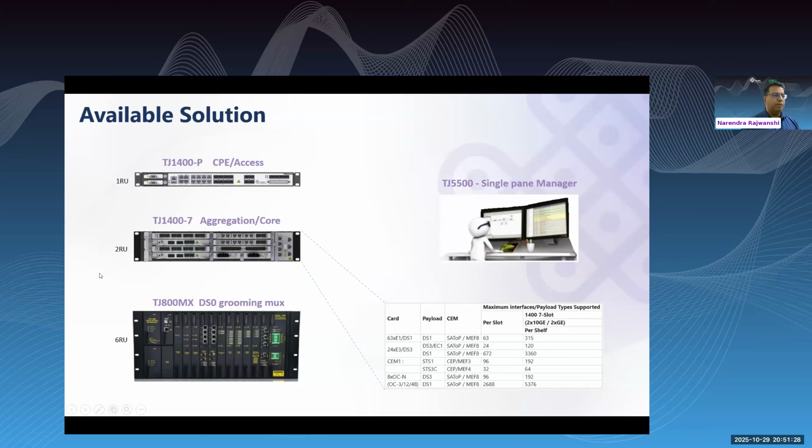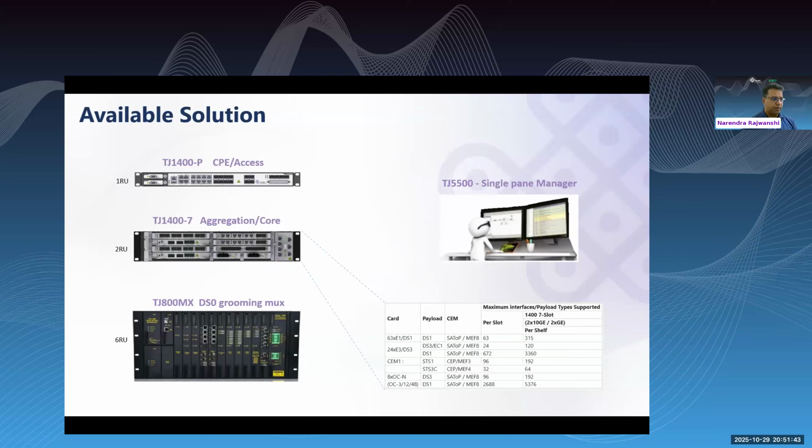Then we have the fully redundant and modular 2U chassis, the 1407, which can have much more capacity and can aggregate a lot of 10 gig rings, and hence the DS1 and DS3 traffic from the network.